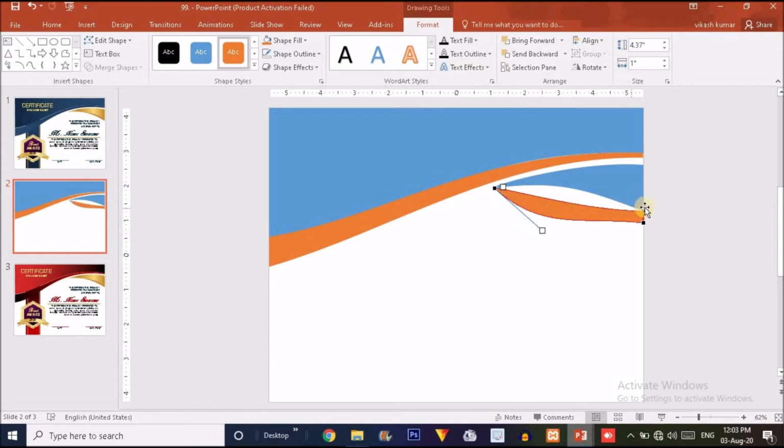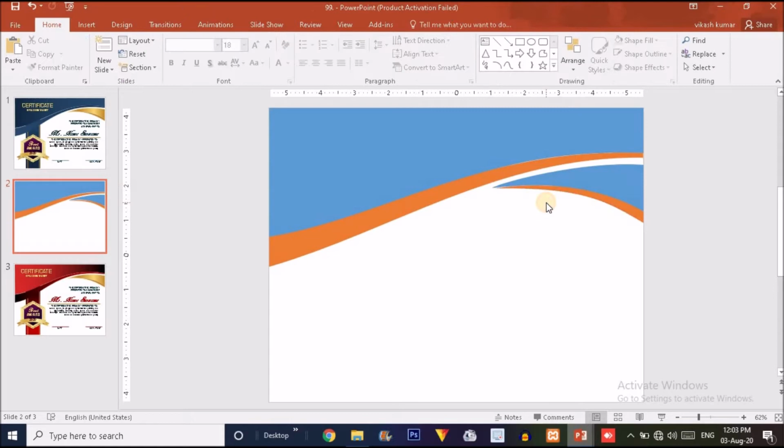Now you just have to click on this point and drag it something here. Now drag this bottom dot, drag it here, drag this handle over here, drag this handle something here. Again I'm going to drag it something here. Now it's done. So now what we'll do,